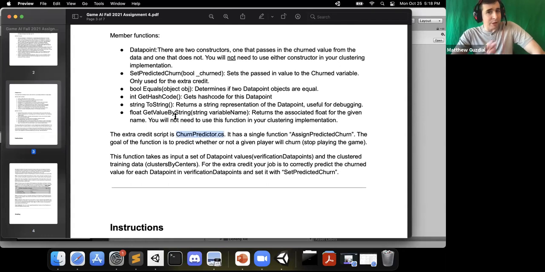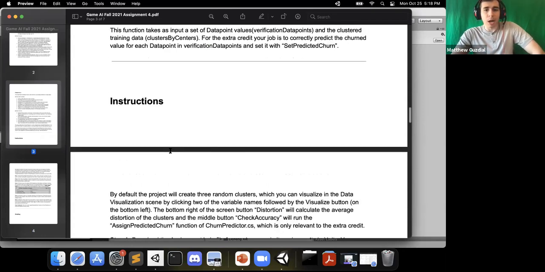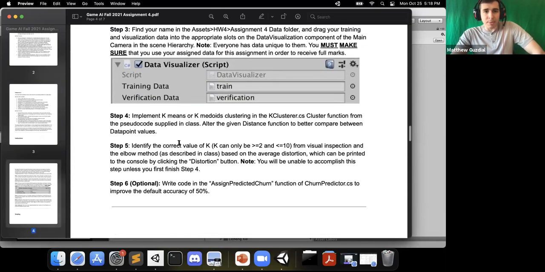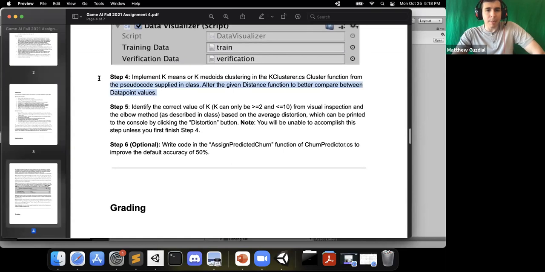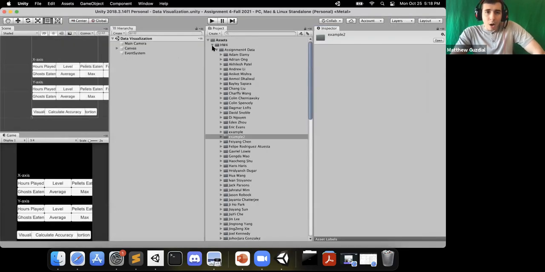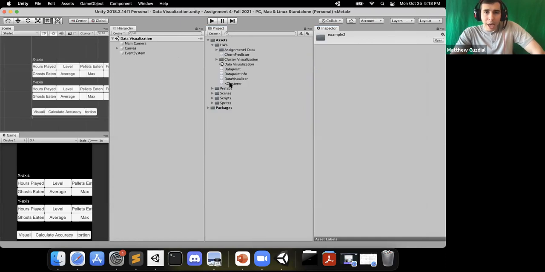And in a second, I'll briefly touch on this as I usually do for extra credit, but I'm not going to touch on this in detail. So a few things. I've already covered up to step 3. So implement k-means or k-medoids clustering. Let's talk about that. So right now, if we look at k-cluster,